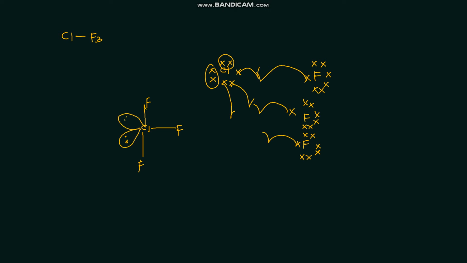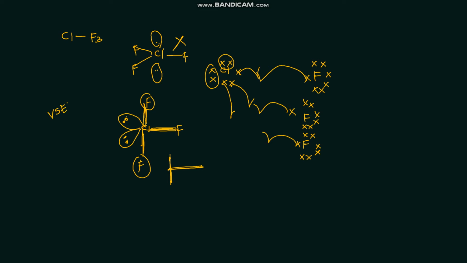Therefore the shape is T shape. If you look like this, the shape of the compound is T shape. Why do I write the lone pairs here, not at the fluorine position? If I write the lone pairs at the fluorine position, then the structure is like this, and here is fluorine, here is fluorine. This is a wrong structure. Why?